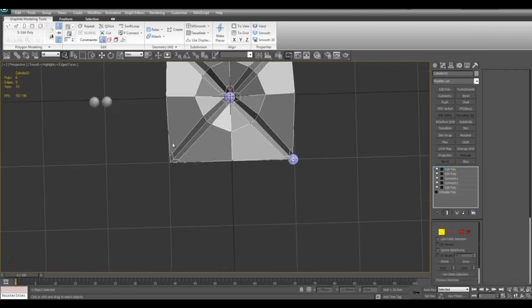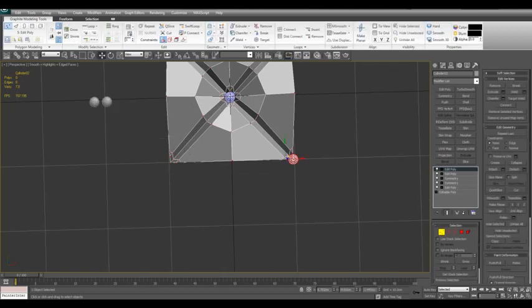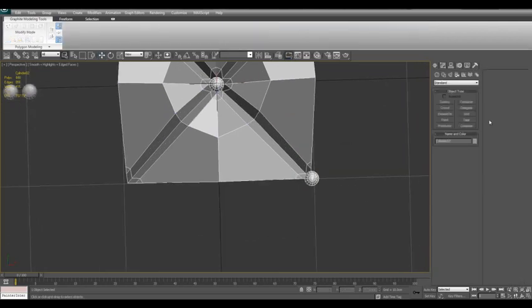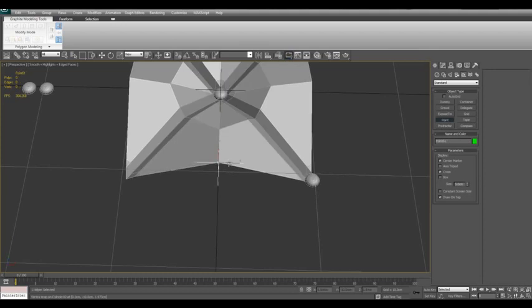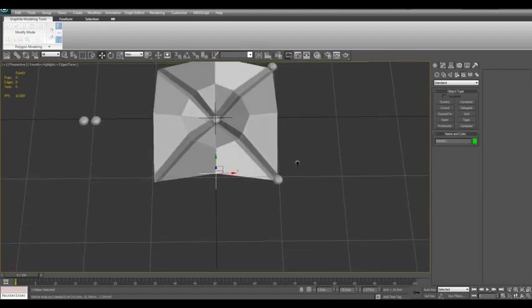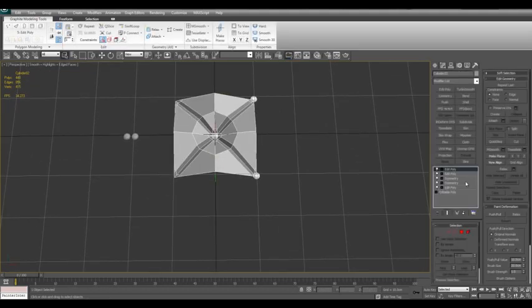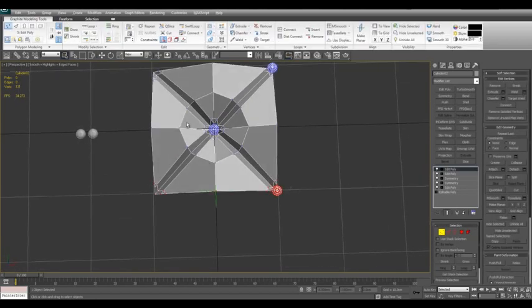I can go ahead and select this. Alright, to help me move this, I will use my point helper again. Alright, I will go ahead and select all of these